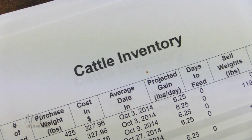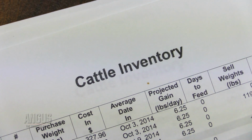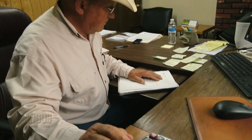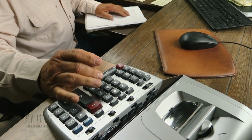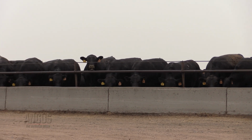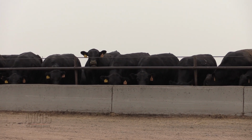And so to date, we've collected information on about 360 Angus steers. The cow base that we worked out of was predominantly Angus, and we've used all Angus sires through AI. And I'll just give a real quick thanks to all the producers around the country that have donated semen to this project. The researchers found that the cattle more efficient in feed conversion also ate less feed than average, but